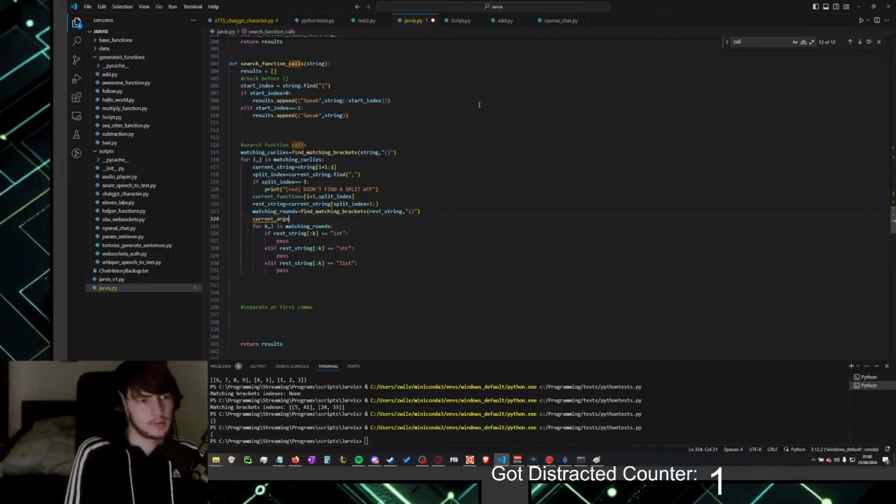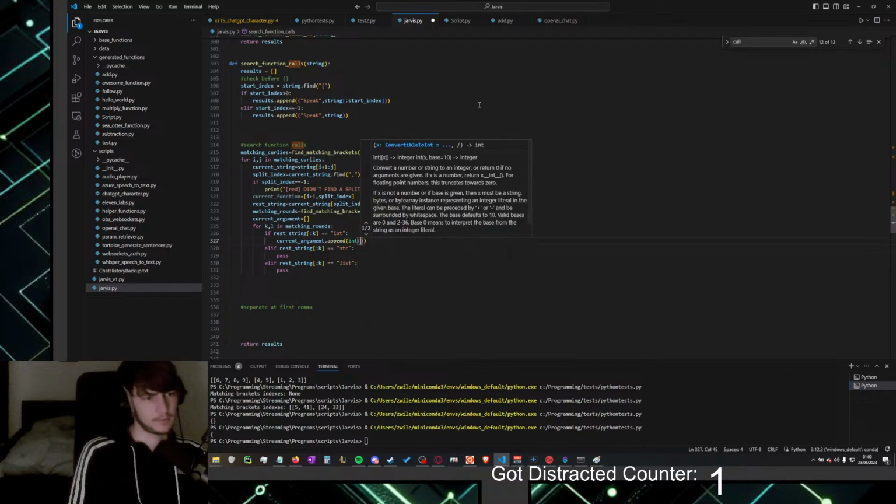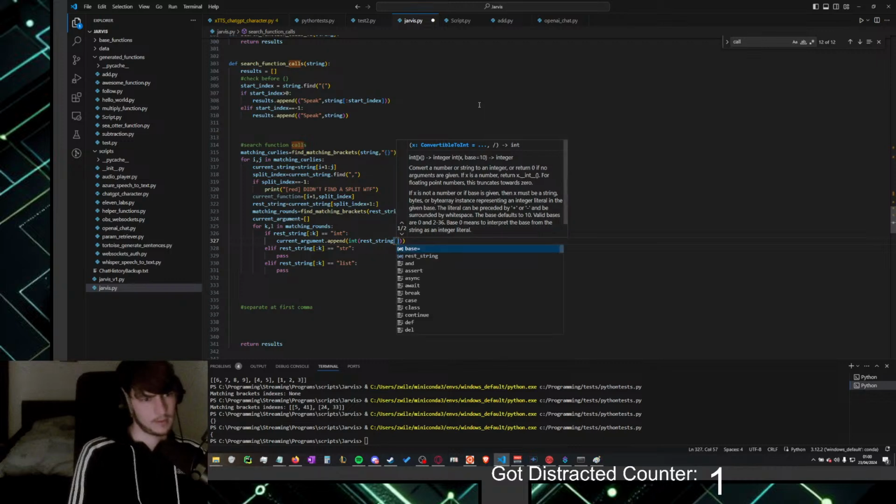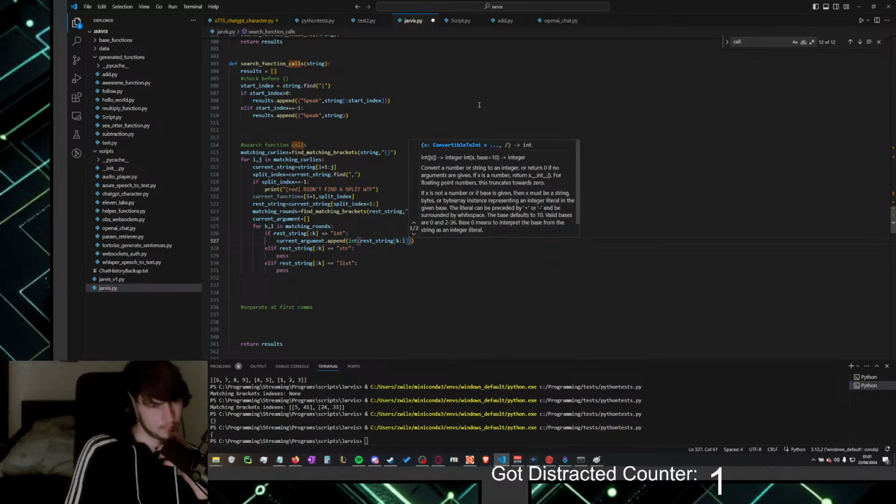Current argument equal to list. Current argument dot append int of rest string k to l. Right?